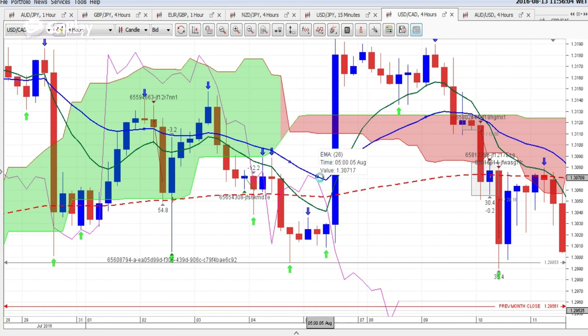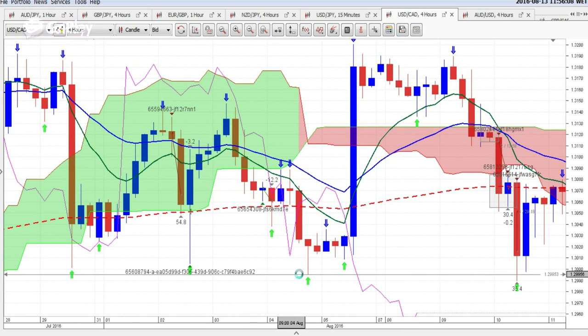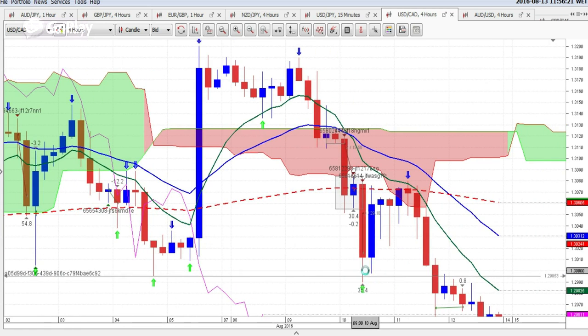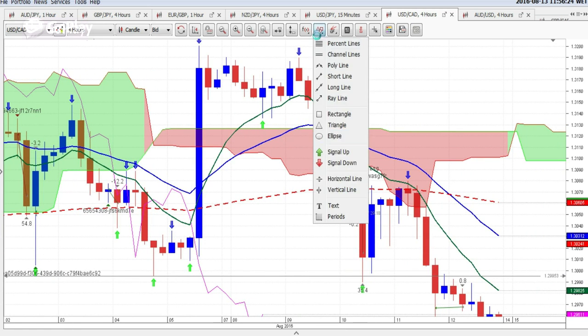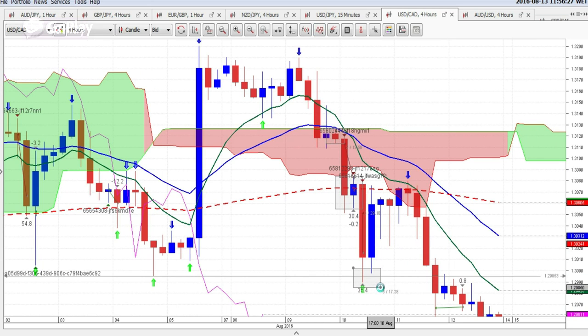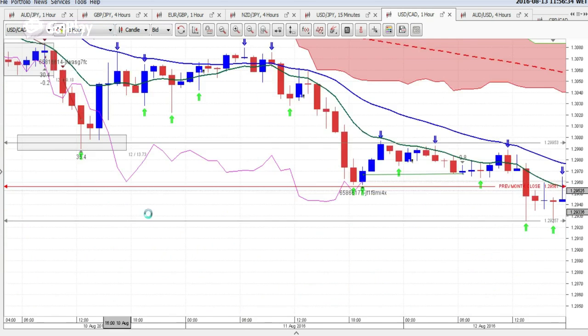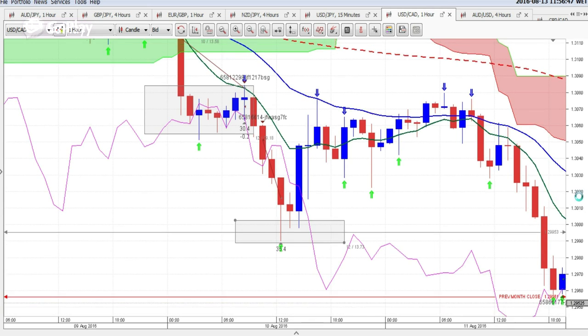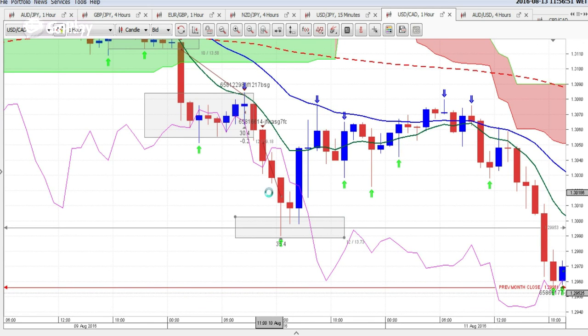We are looking again at the USD CAD pair on the 4H chart, and I drew this line which represents, I think, a good support level. If you really believe that this is a good support level and the price was in this range, so if I go on 1H and I'm looking for some patterns or candles, we can see here another spinning top candle, and if we believe that this is a good support zone, we could